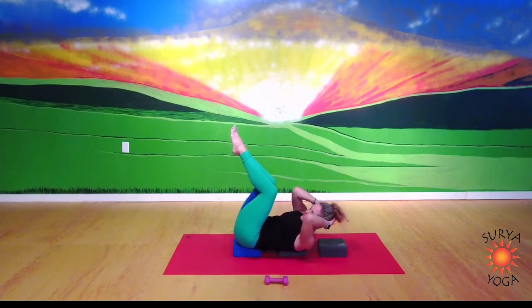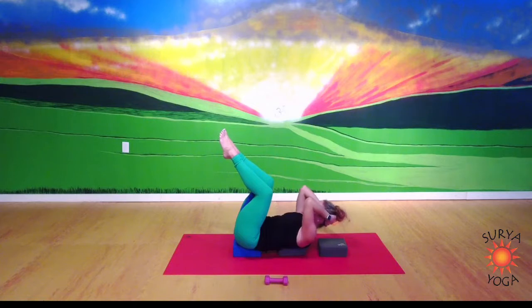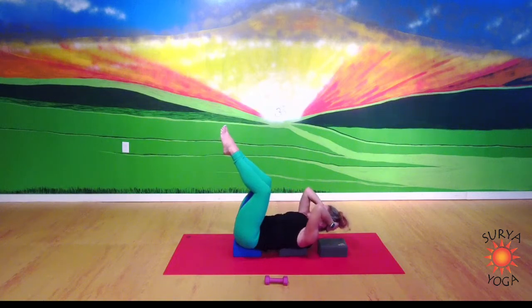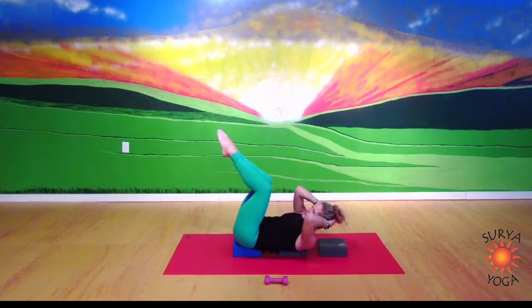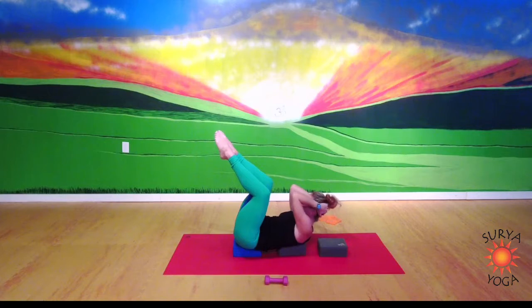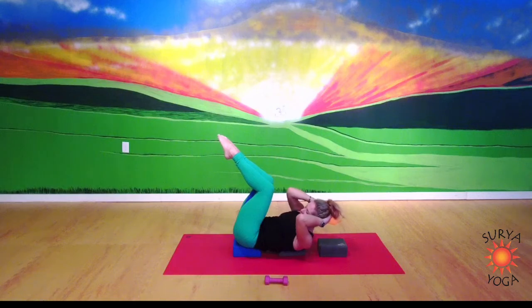Switch. Go diagonal. Right elbow toward your left knee. Tap. Down. 2, 3, 4. Left elbow, right knee up. 2, 3, tap, down, 2, 3, 4, right elbow, left knee, 3, 4, down, 2, 3, 4, left elbow, right knee, 3, 4, down, 2, 3, 4, coming up to right elbow, left knee, and stay, pulse 8, 7,